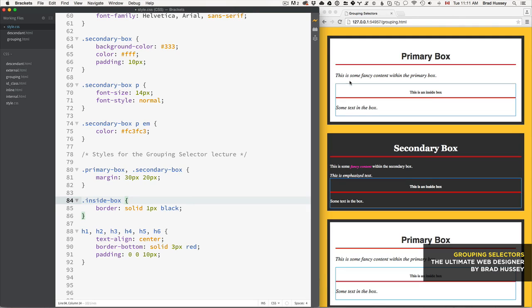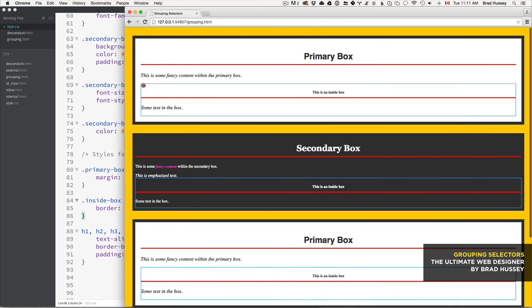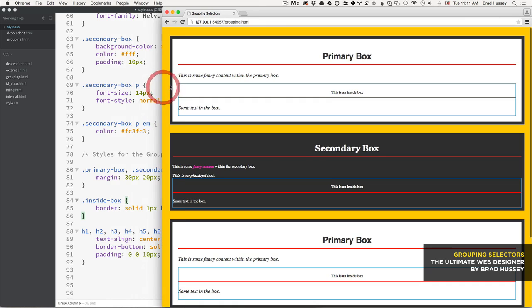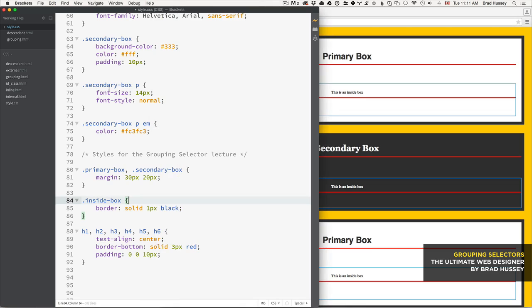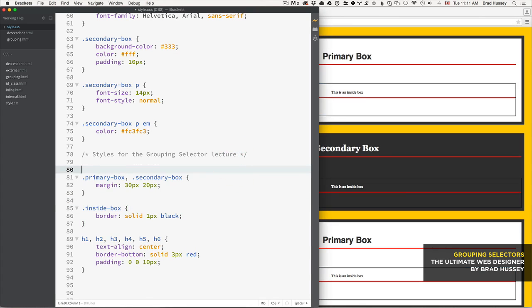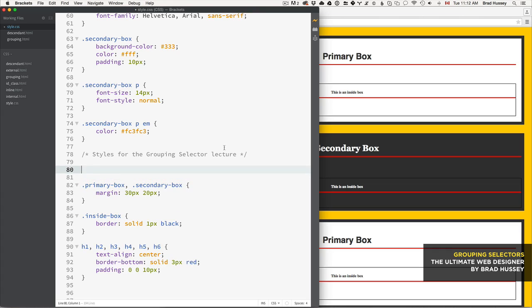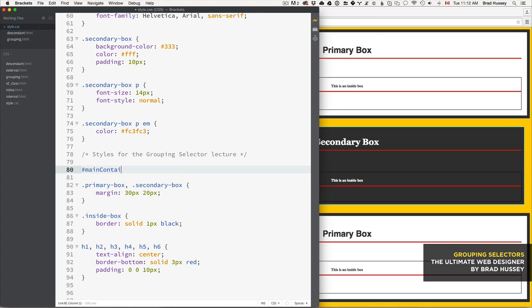Now, before I go, I'm going to show you what I promised a little bit back, how to center the content in the middle of the browser. So you can see this is just full width, and it doesn't look very good. We want to center that in the center of the browser. So we just need to select, and I'm going to put it in the grouping selectors section here just because it's part of this lecture. It has nothing to do with grouping selectors, but it's just part of this lecture so we can keep organized. We need to select that main container